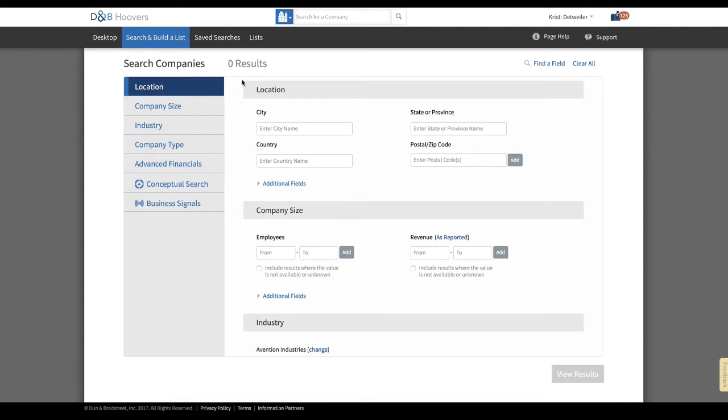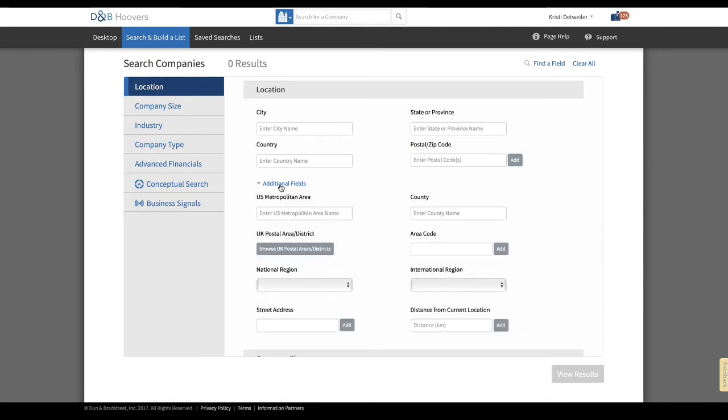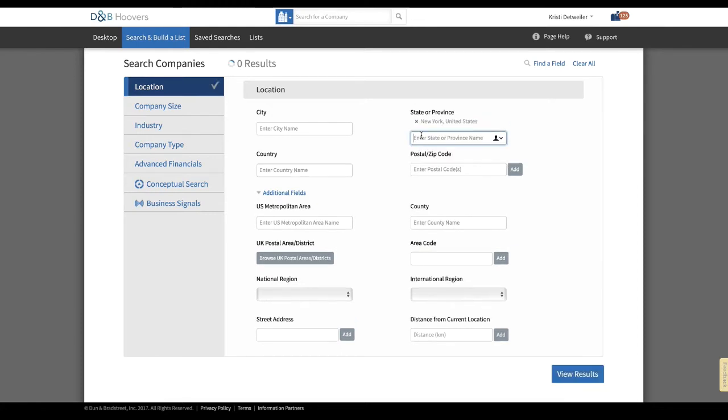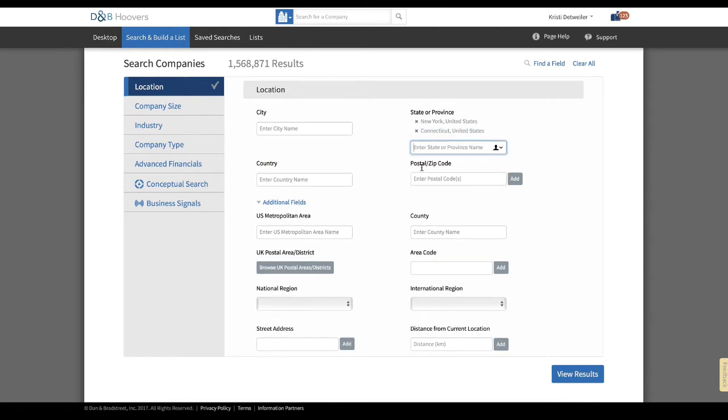At the top of the form, we start with location criteria. We display the most commonly used criteria above the fold. To access all of the location fields, simply click the Additional Fields link to expand the selection. For this example, we will build a list of companies that are located in the states of New York and Connecticut. As we enter the criteria, the results count dynamically changes to display the count of companies in D&B Hoovers